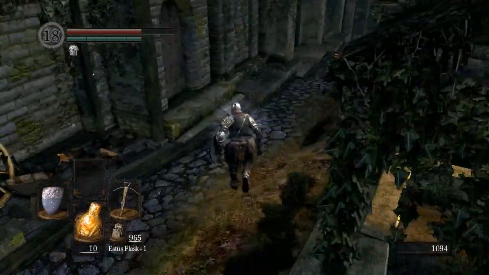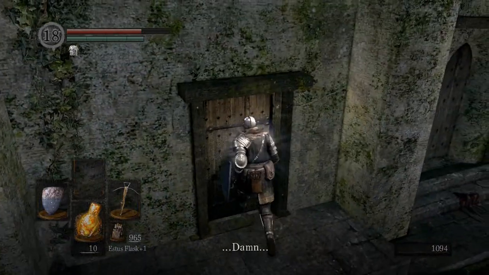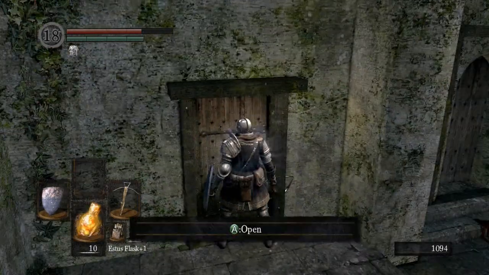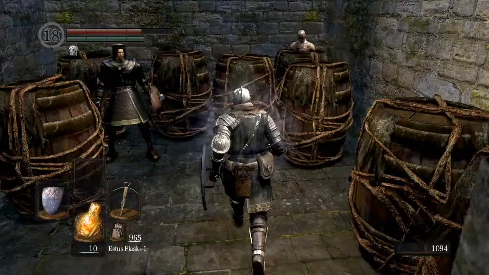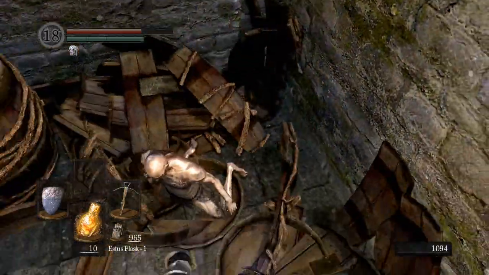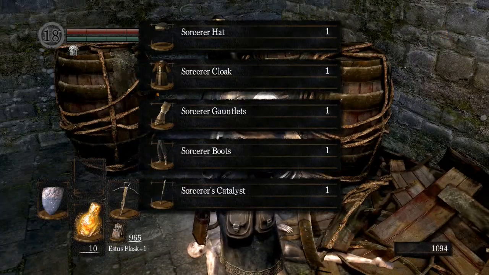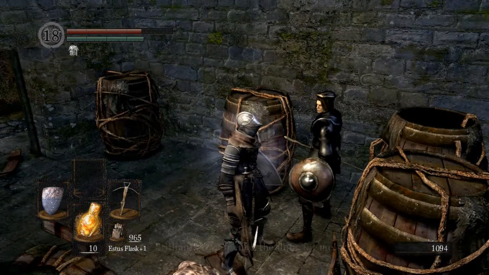Anyways, there's a couple things down here you generally want to pick up. Right here is the first sorcery trainer, if you have the key. Sorry about skipping that. Which you can buy from the undead male merchant. Right over here is the sorcerer's starting set, along with a catalyst. I'm guessing the reason it's there is just to provide the tool for the...